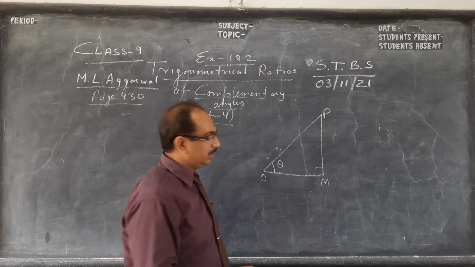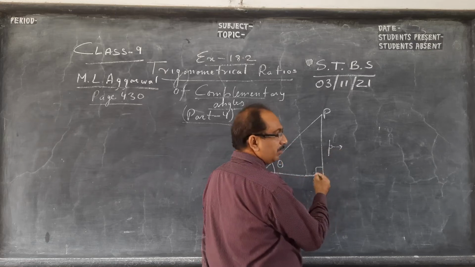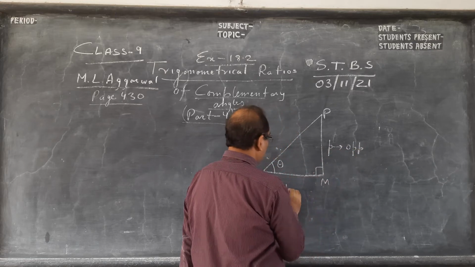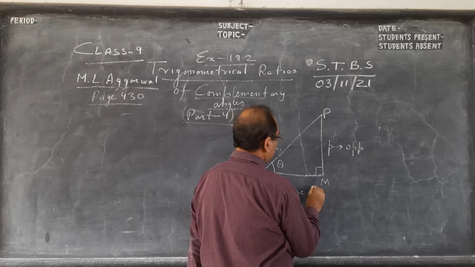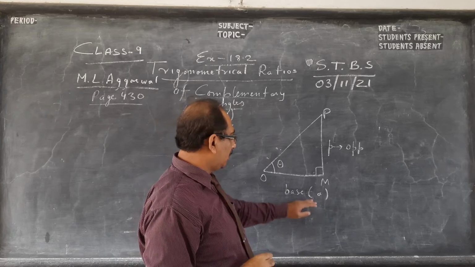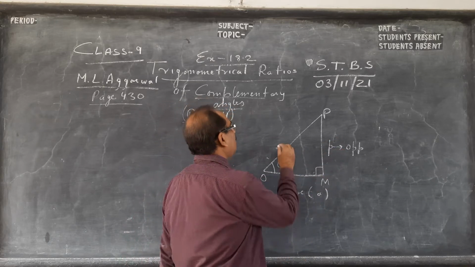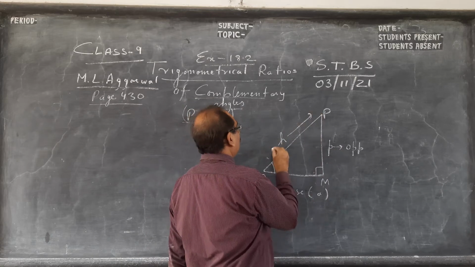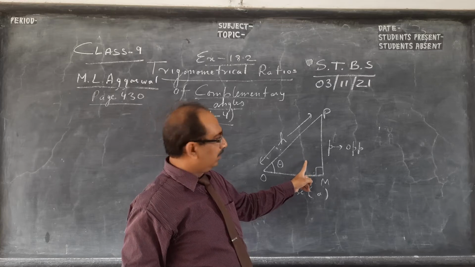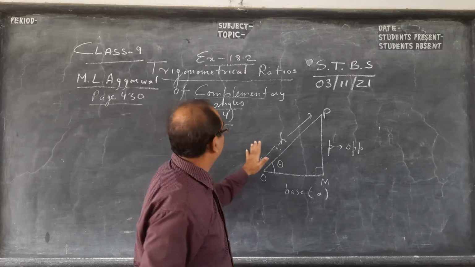So there are 3 sides. This is called perpendicular, or in another system I taught you, we call it opposite. This is called a base in one system, and in the other system, see my part 1 of the video, I call it adjacent, means by the side. Opposite is perpendicular, and hypotenuse, children, is always opposite to the 90. 90 is the largest angle and hypotenuse is the largest side.